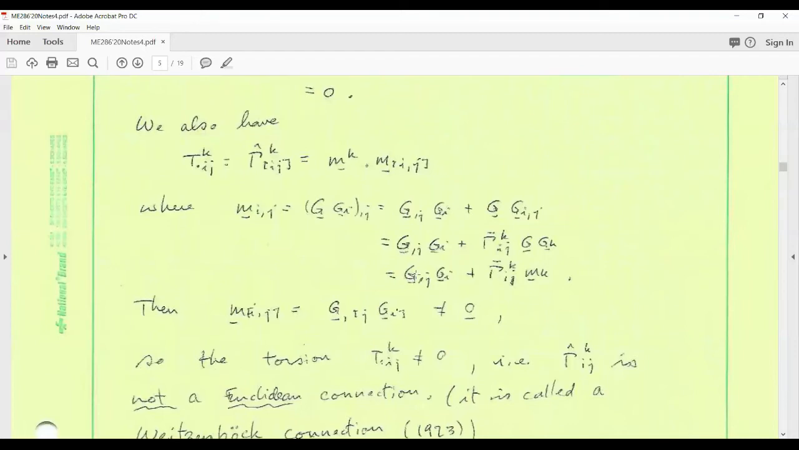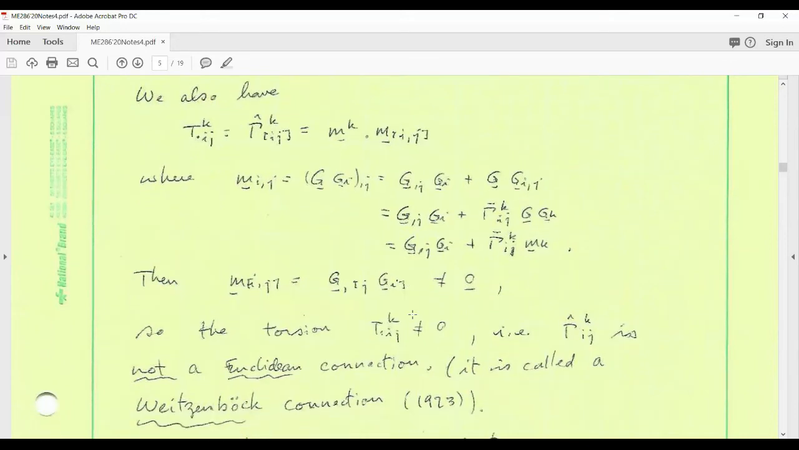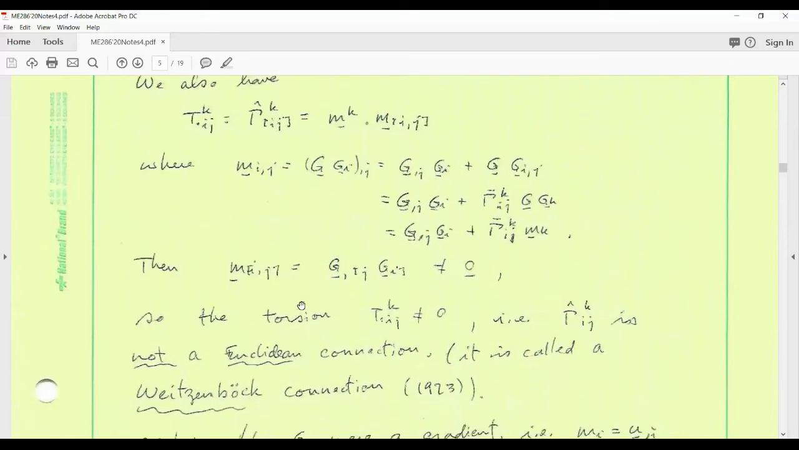But here we have tensor G comma j operating on G_i, and there's no reason to expect that this would be symmetric in i and j. So in general, this is not 0 for a given plastic deformation as a function of the coordinates. When you take the partial, you do this operation, there's no reason why you would expect to get 0. So that means